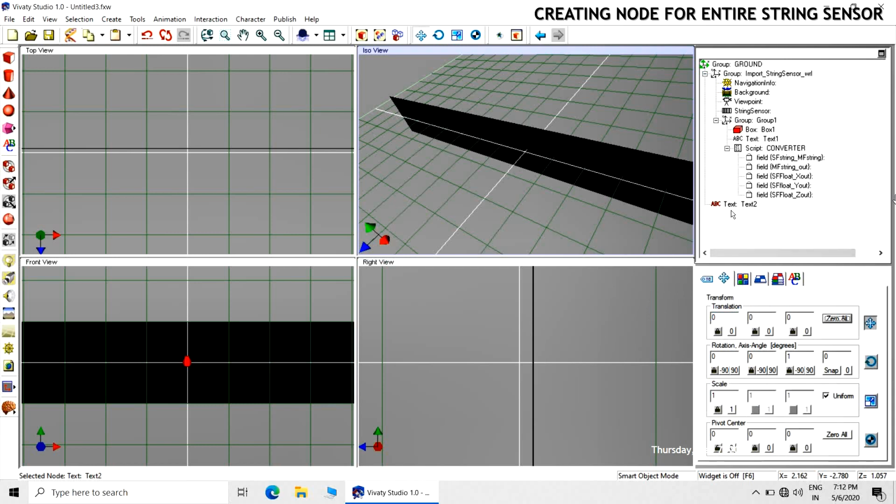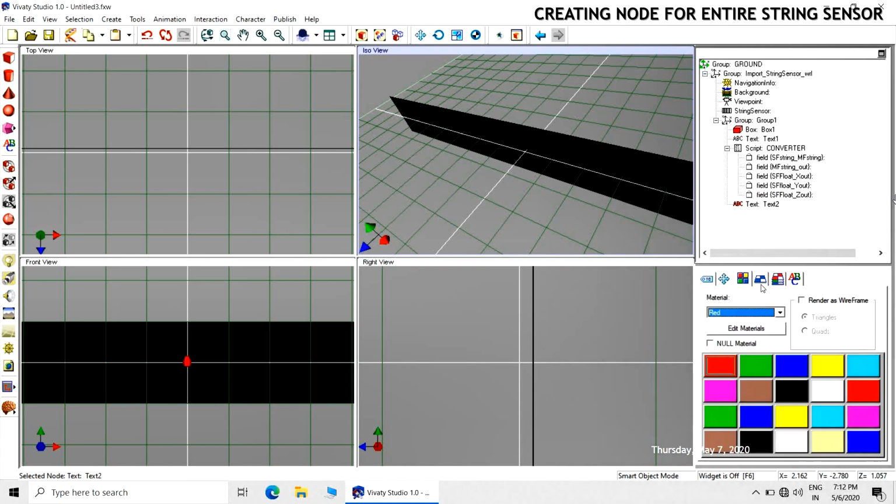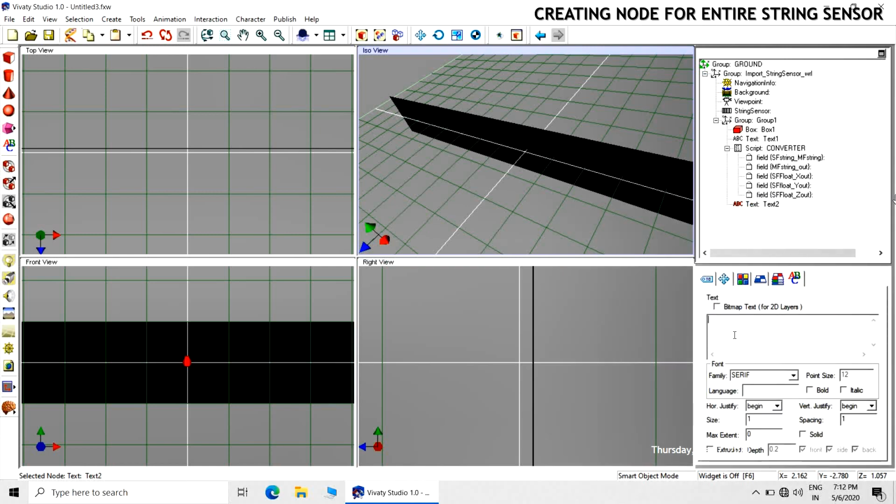And there will be some warning or say hint to the first time user that what is to be done. That hint we will be giving through this text node. So it will display the static text in the VRML environment.